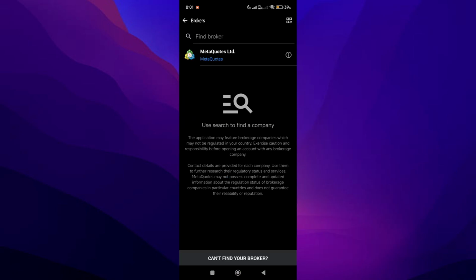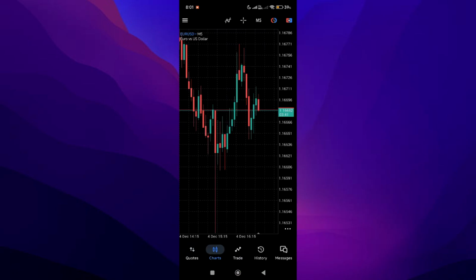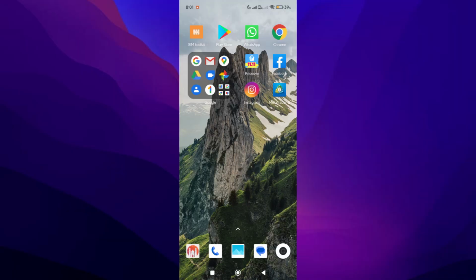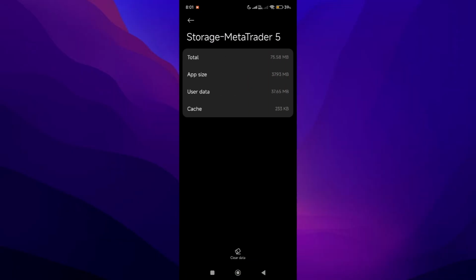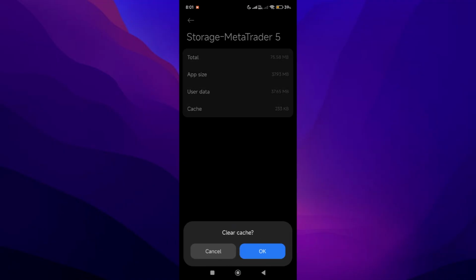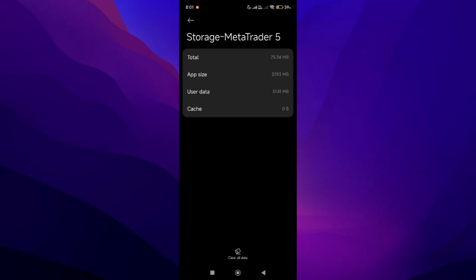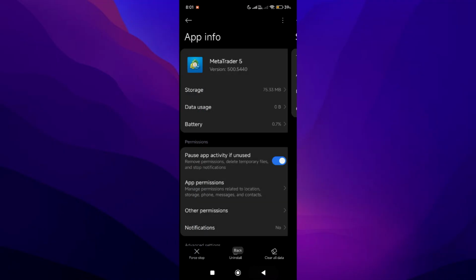If the issue isn't gone yet, it's time to clear your MT5 cache. Press and hold the MT5 app icon, tap App Info, then go to Storage. Over here, tap Clear Cache. You can also tap Clear Data, but remember this will reset your app completely, so you'll need to log in